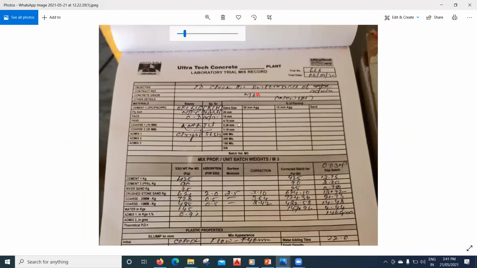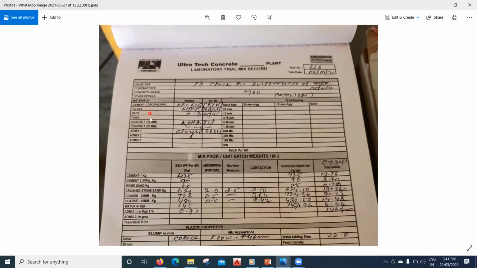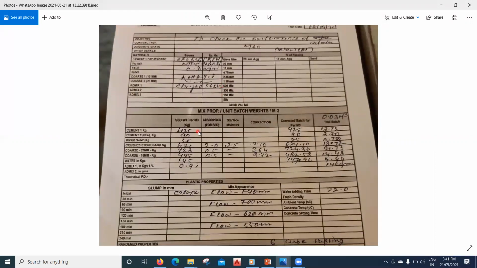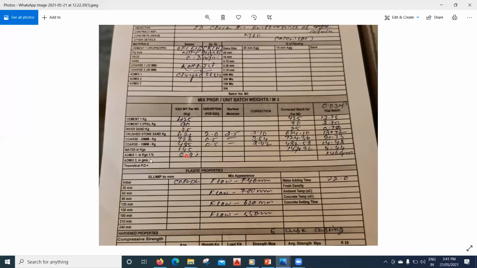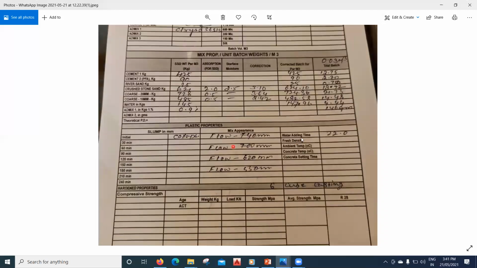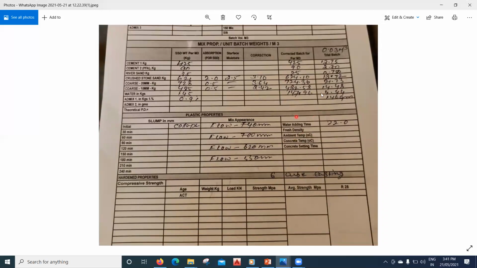Yeah, again you can see it here, right? Cement, fly ash, and how much content, how much cement you have to take, then how much river sand you have to take, how much aggregate you have to take, and what slump you have to get. So they have written it here. The slump they have got, the collapse is what they have got, right? All these things. What is the temperature at the time of doing the mix design, right? All these things you need to write.